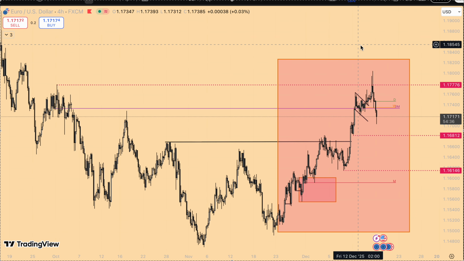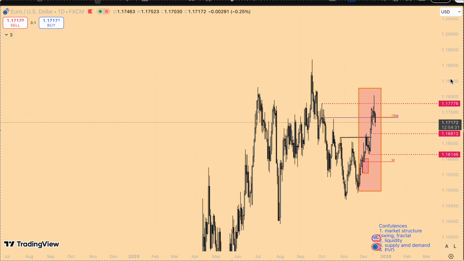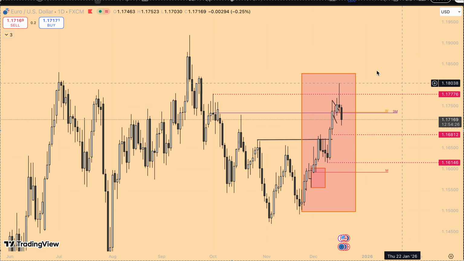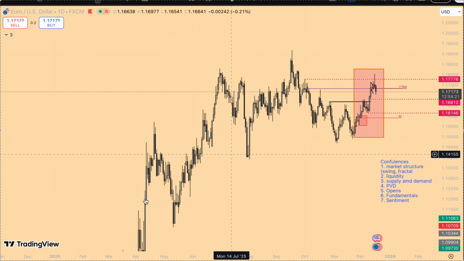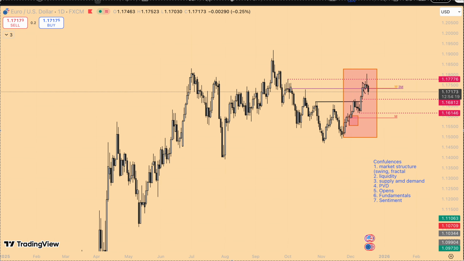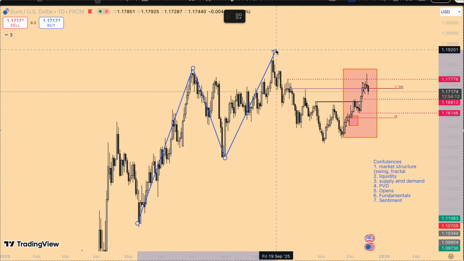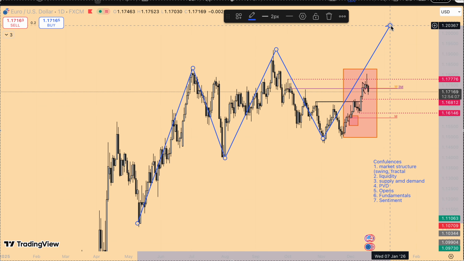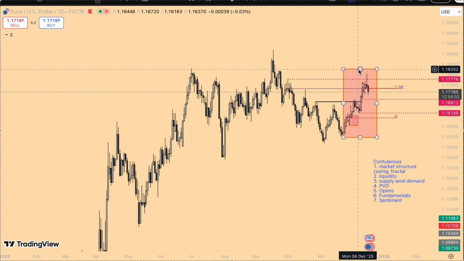So good morning. I hope we're all doing well. So EUR/USD yesterday started to push down, although we pushed up and then we started to push down also. If we look at this from a broader point of view, why am I still hung on longs on this? First of all, you can see this is a swing high, we push down, retracement, another push up, retracement, and then what are we expecting? Another push up, right? So that's basically why I see this as an impulsive phase on EUR/USD.